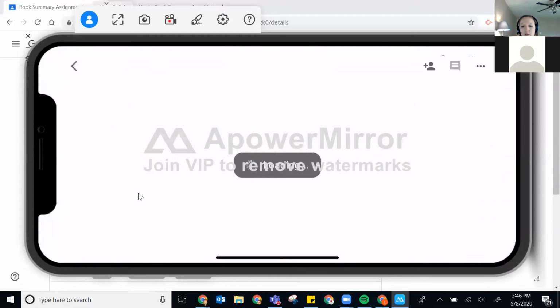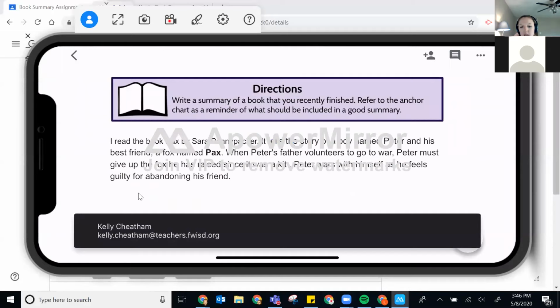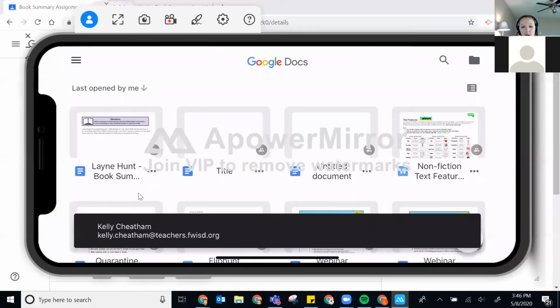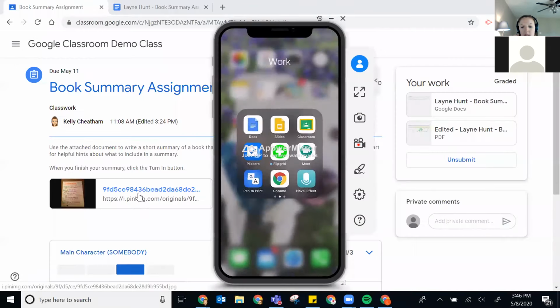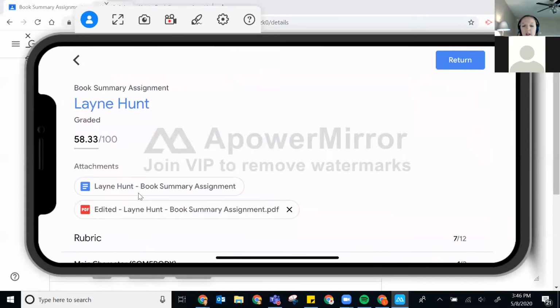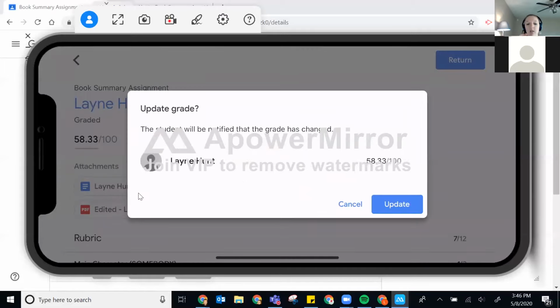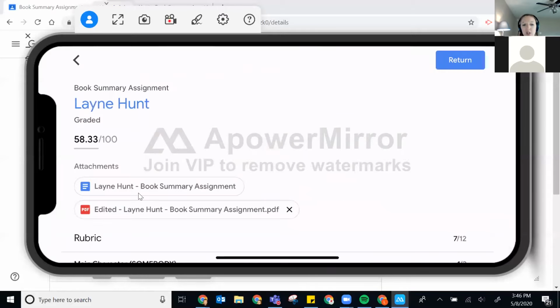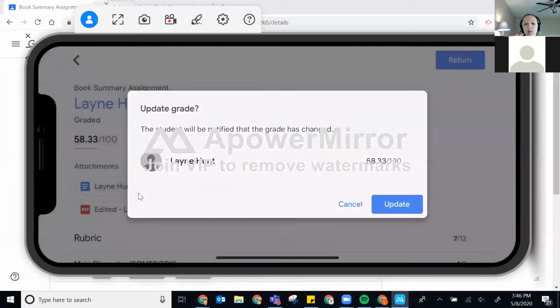I did not want to do that. Let me go back. All the way back. Can't go all the way back in Google Docs, that's in a different program. There we go. I'm going to leave that attachment there and return this back to him. Before I do that, notice that it attached that edited PDF underneath. So when I return that back to him,